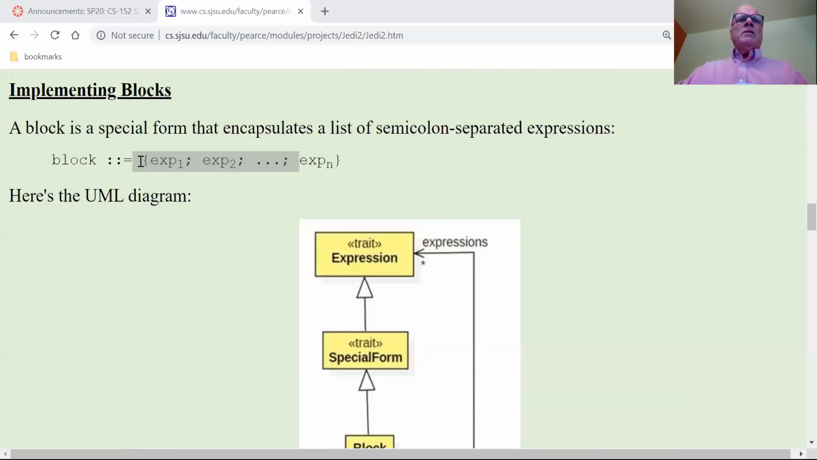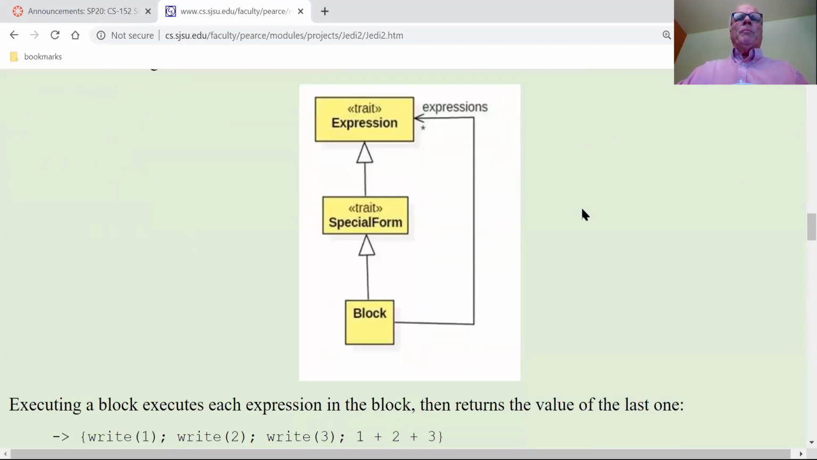So here's the syntax of a block. Like I said, it's one or more expressions, semicolon separated, bracketed by curly braces. So we have to introduce a block class. I hope that people have tried this already. You have to translate this diagram into Scala code. So block extends